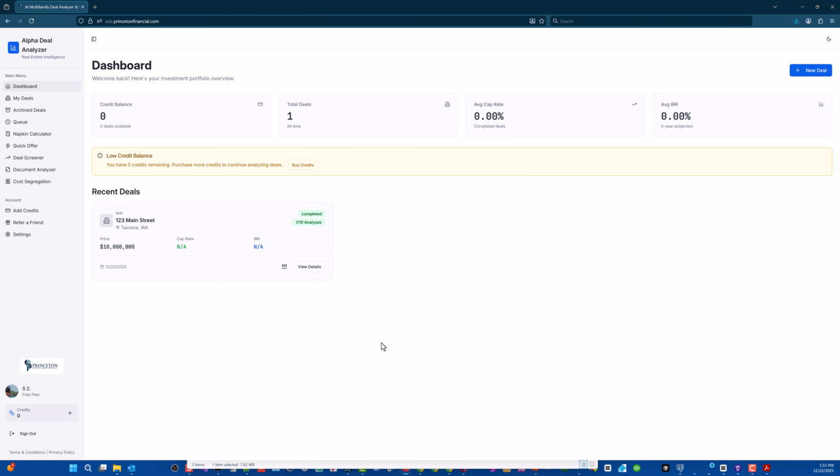So this is it, pretty much that's where it is. This is a great tool for you as an investor in multifamily to utilize. I highly recommend you take a look at this